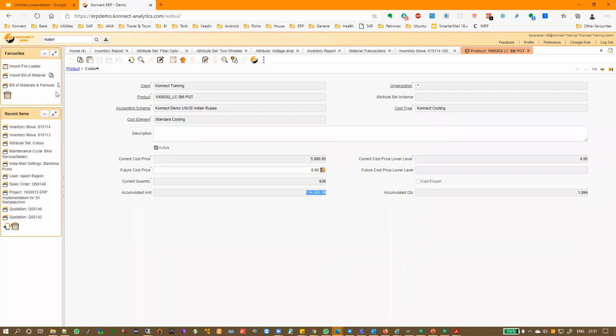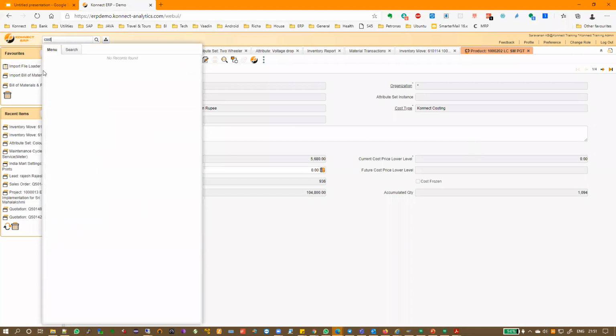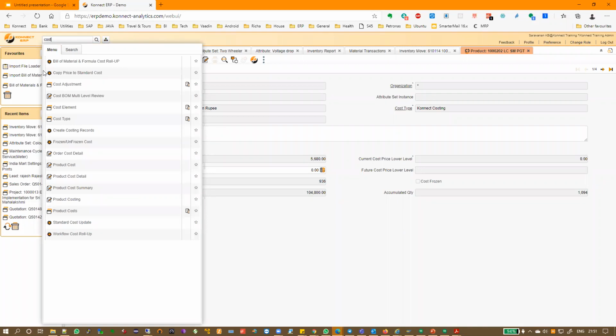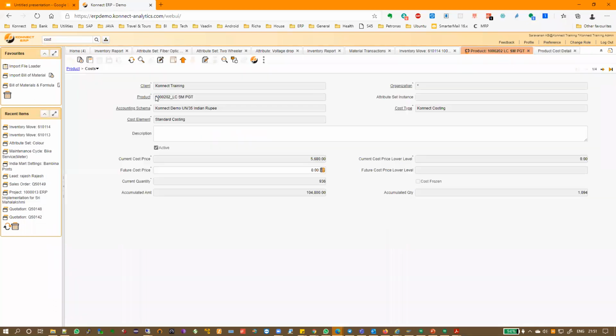All right. So the cost record is where we have a lot of details being stored. So if you further investigate into this, you can look at the history of cost, up, down, etc. All of that will be stored in the cost detailed report, which you can also get from here. Okay, so there is a product cost detailed report. So in that product cost detailed report, let's say for this particular product,